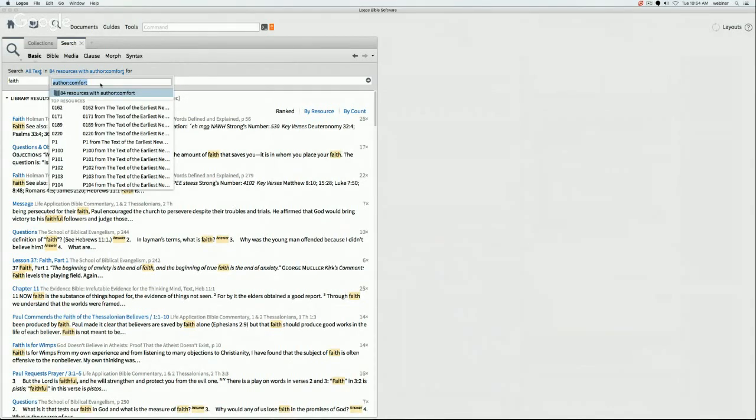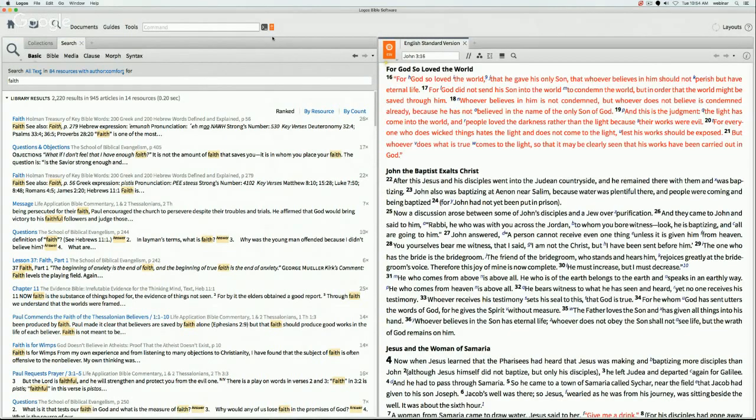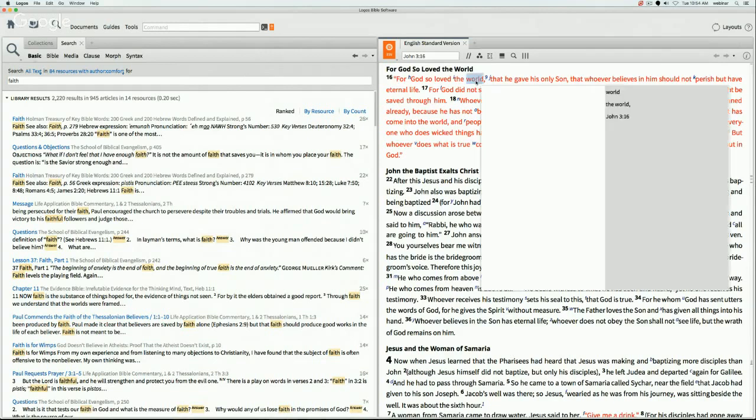Yeah. A couple of users have asked how do you do a Greek search within the Bible. Is that something we could address real quick? Yeah, we can do that really quick. Greek searching and original language searching is actually quite complex and something that we weren't going to really address very much today. But just quickly, the easiest way to do that is simply to open your Bible, right-click, and again,